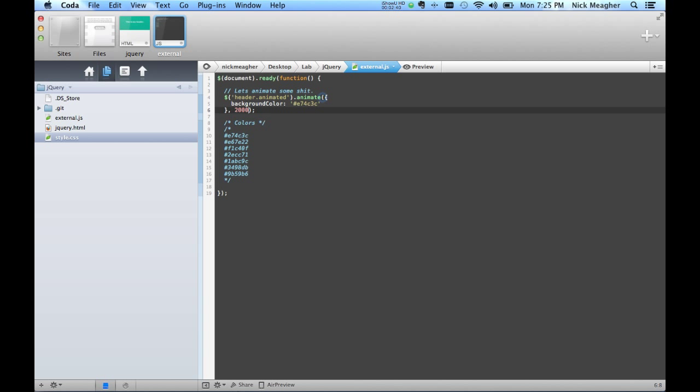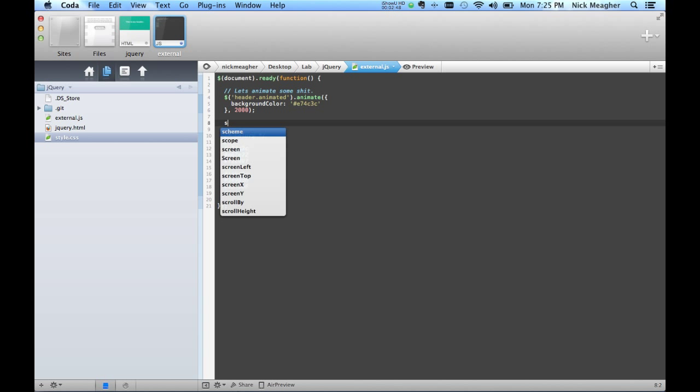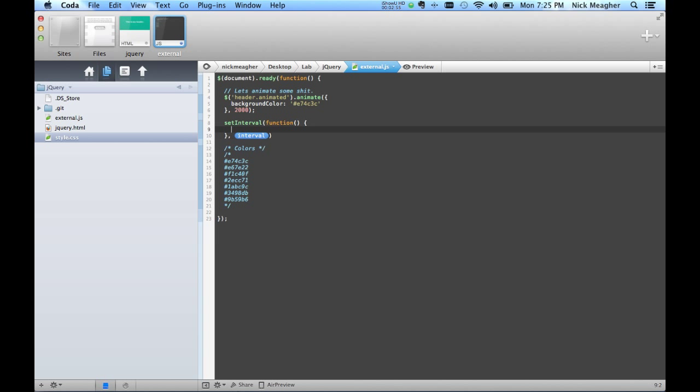Sure, that's fine. Okay, so what we want to do is go through all of these colors. The way we're going to do that is with a setInterval. You put your code right here, which is going to be an anonymous function that runs every certain amount of seconds. So let's just do it every 3 seconds. The code in here will happen every 3 seconds. If we alert something, that's going to be kind of annoying, so let's just do a console.log